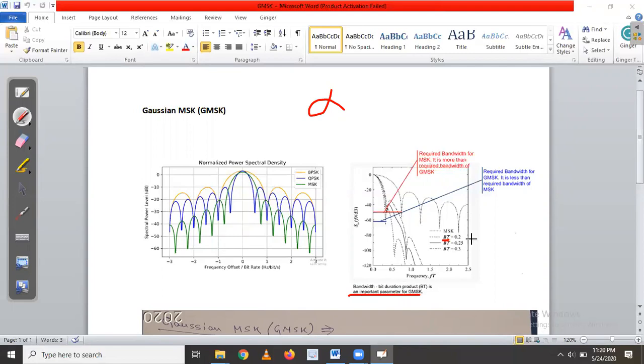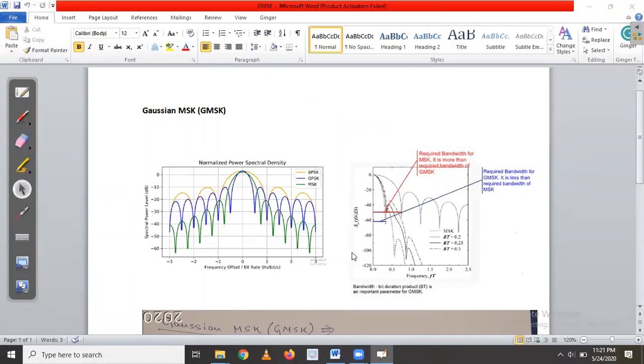Depending on that, the Gaussian filter response shape is changing, depending on the value of BT. It may be 0.2, 0.3 and 0.25. Depending on that value, we are getting this kind of different power spectral density lines. So this is the brief discussion of GMSK, and mainly GMSK is used